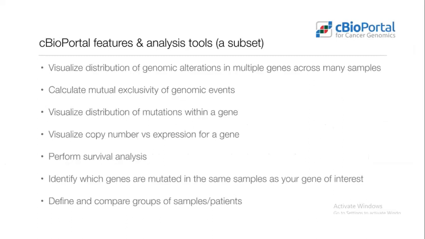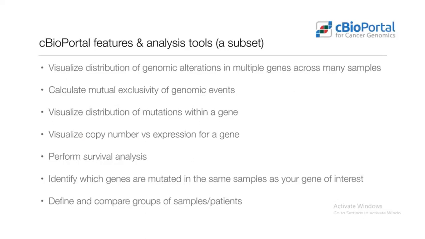The main purpose of using the cBioPortal is for visualization. They have very nicely visualized their data and distributed it well, so anyone can utilize the portal and easily understand what type of data they have segregated. One of the distributions they have shown is the genomic alterations in multiple genes across many samples. For example, we have seen breast cancer in the GDC portal. They have shown at least 8,000 or more cases and the genes responsible for that.